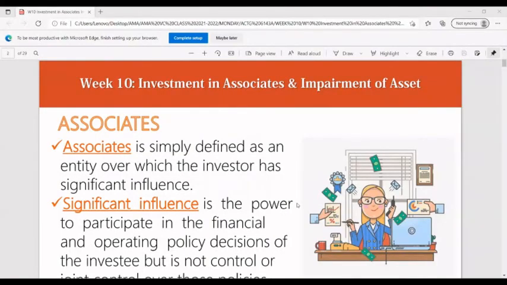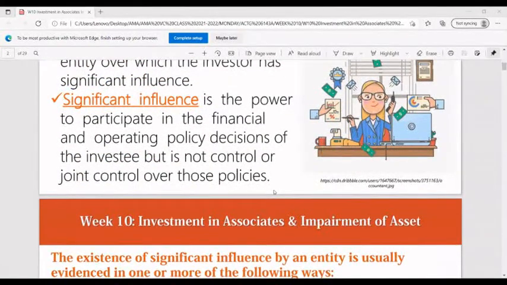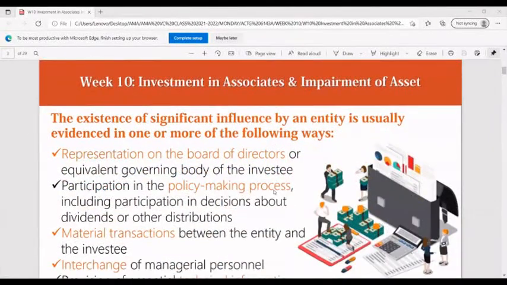Associates is simply defined as the entity over which the investor has significant influence. Significant influence is the power to participate in the financial and operating policy decisions of the investee, but is not control or joint control over those policies. So the existence of significant influence by an entity is usually evidenced in one or more of the following ways: